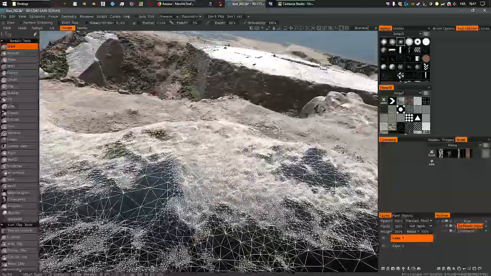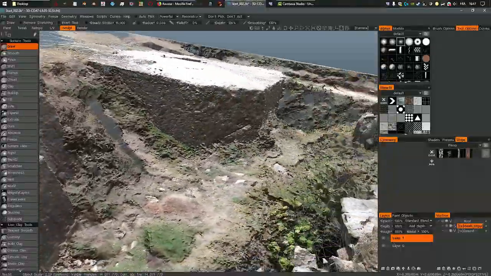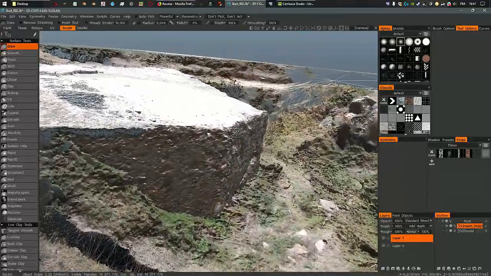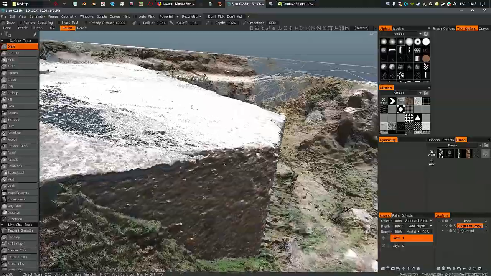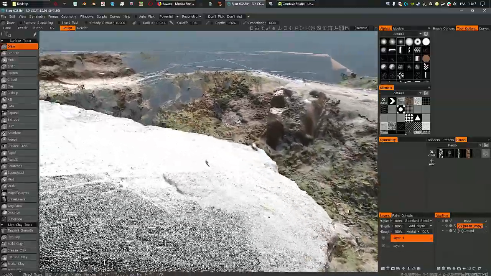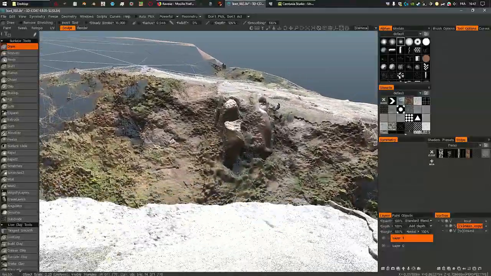And the second problem is that the scan is imported in 3D Coat, and therefore the sculpting information is not on the sculpt layers. So I need to first transfer that information to sculpt layers. The way to do that